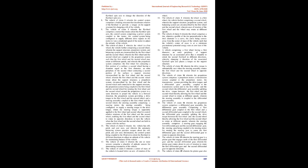19. The vehicle of claim 16 wherein the propulsion system comprises a differential gear assembly, the differential gear assembly comprising a first differential gear coupled to the first wheel and a second differential gear coupled to the second wheel, the differential gear assembly splitting the drive torque between the first wheel and the second wheel. Steering motor, the steering assembly being configured to supply a steering torque to the drive differential gear assembly, where the steering torque is oppositely applied to the first wheel and second wheel to control relative rotations of the first wheel and the second wheel,